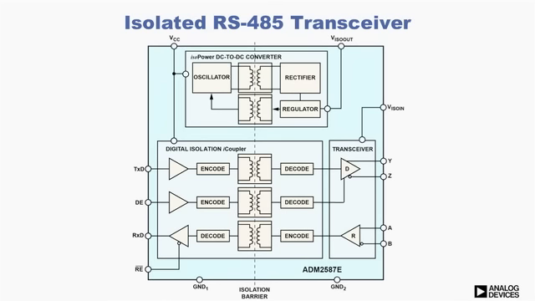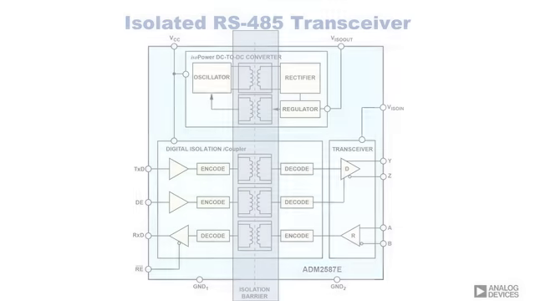The ADM2587E is a signal and power isolated RS-485 transceiver in a single package that will provide an isolation barrier to protect against these harsh EMC events. A second way of protecting your RS-485 network from EMC is by adding a shunting circuit on the A and B lines. Check out circuit note